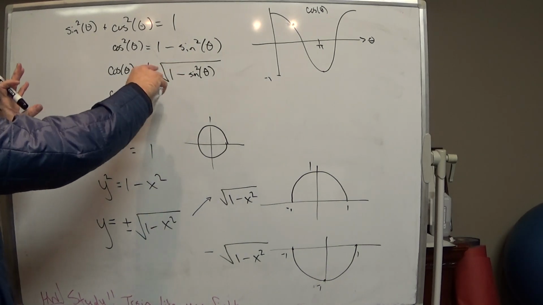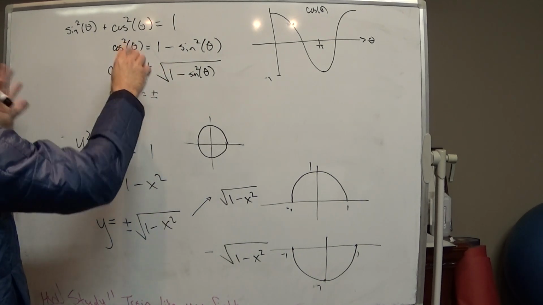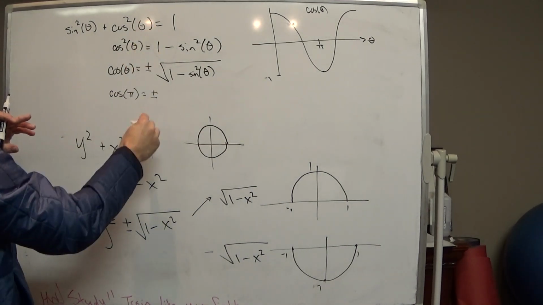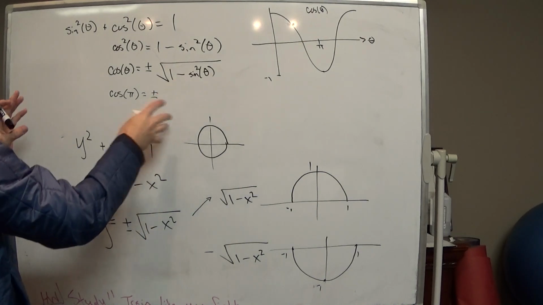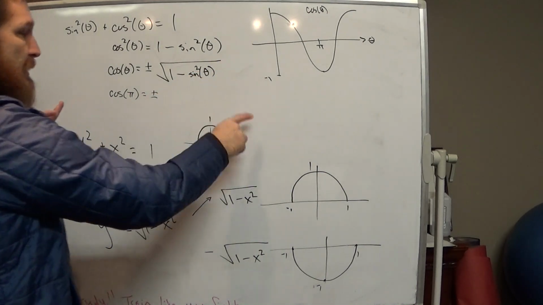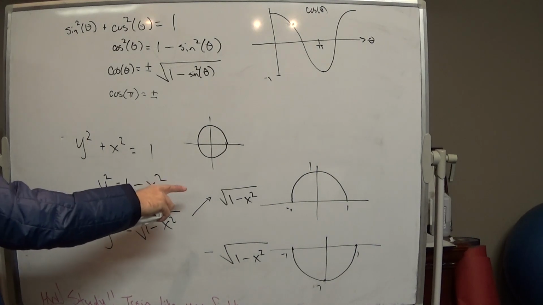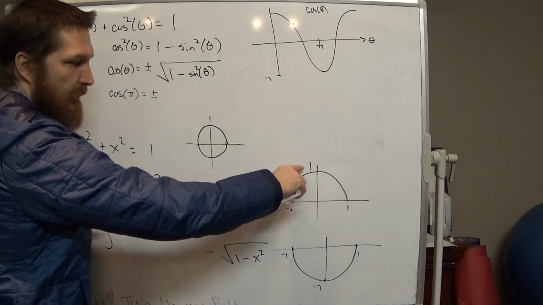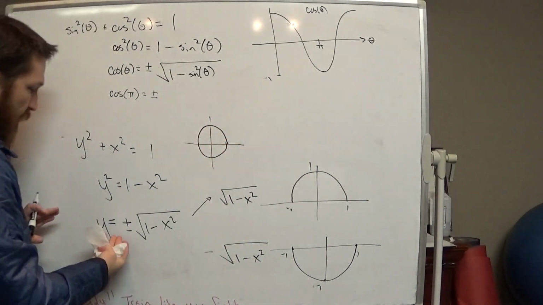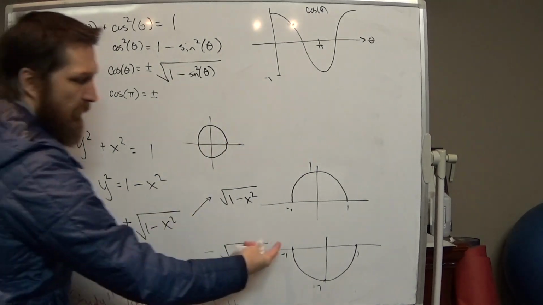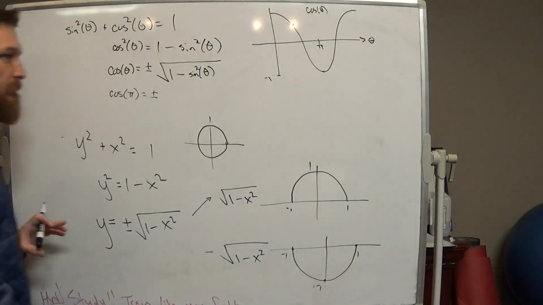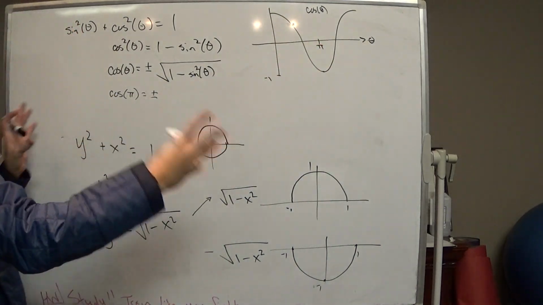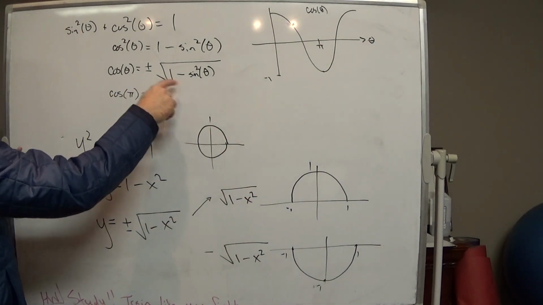You're talking about the value of cosine, depending on where you are, either going to give you the positive or the negative of this. And you could kind of see when that's going to happen. Like here you could see it because you're like, when is the y value going to be positive? Well, whenever you're talking about the top half of this circle. When's the y value going to be a negative number? Well, whenever you're talking about the bottom half of this circle. This is a little bit different because we're not so much talking about a geometric object that you're splitting into two bits. But what this does is this says,